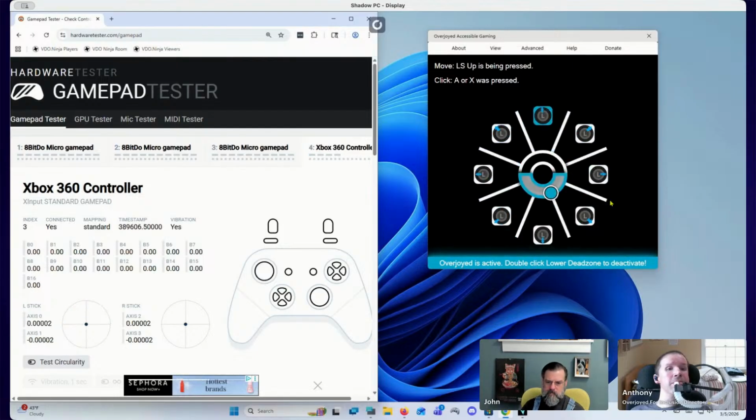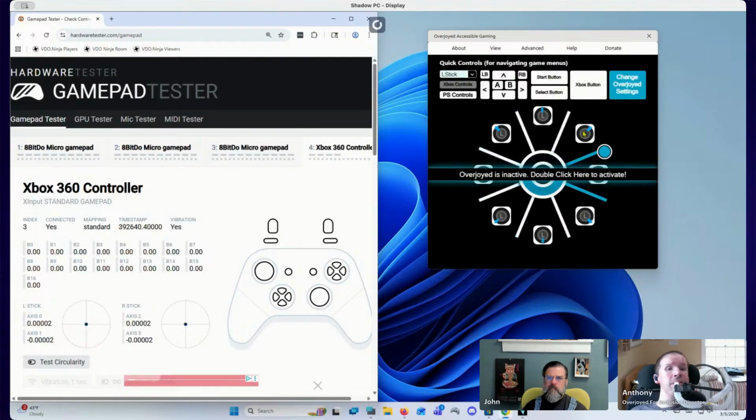So once you've played around with it a bit in this mode, you're going to want to double click this glowing center right here. And now you're back out. And you can see here that when Overjoyed is deactivated, you've got all these quick controls when you're navigating the game menus. You've got the arrow keys, A and B, your start, select, and so on. So once you try it out in the gamepad tester,